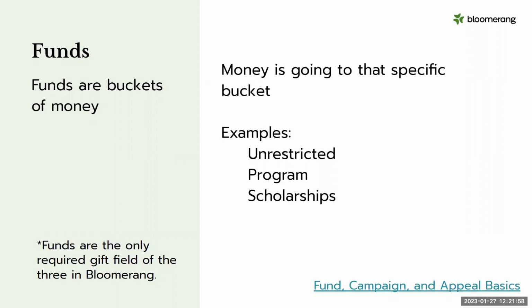The number of funds that a nonprofit has varies widely depending on what is being done with the money coming in. All nonprofits should have some kind of unrestricted fund. You may also have heard this called general fund, where it's most needed. This means that it's not allocated for a specific purpose and it is at the discretion of your nonprofit. So make sure you have that general bucket of money or unrestricted fund listed.